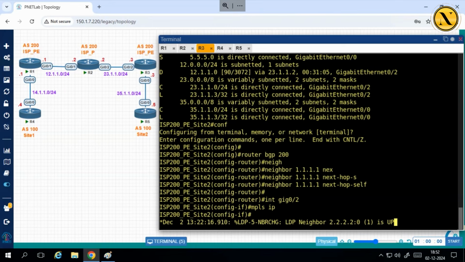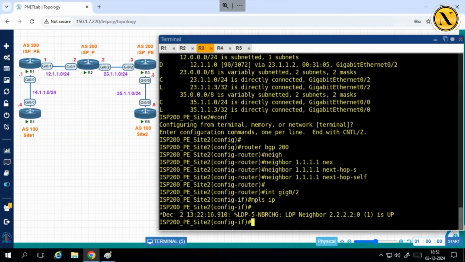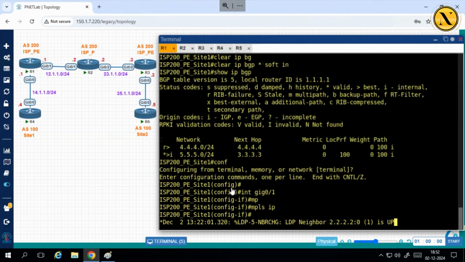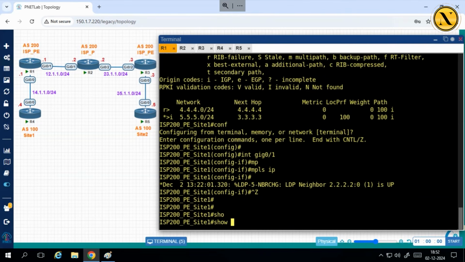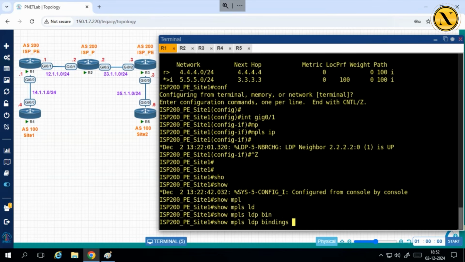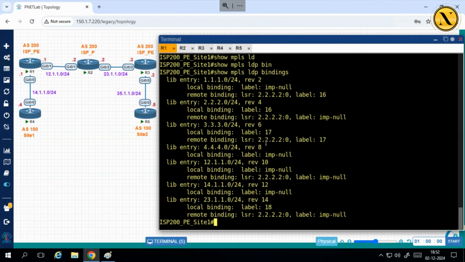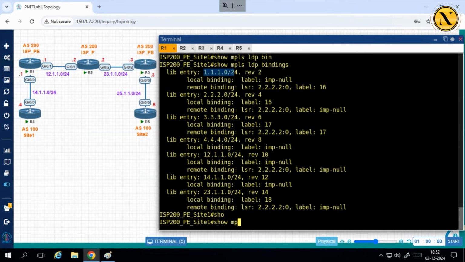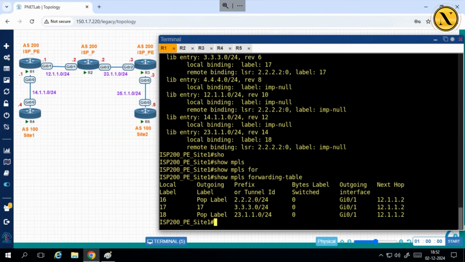We have this LDP, MPLS label distribution, tag distribution protocol, which is used to exchange the MPLS label information. You can see the neighborship is up for MPLS, and there are many verification commands, show MPLS LDP binding is there, right? You can check that. Okay, as I told you, with every layer 3 prefix, it is generating a number. So a handy command will be show MPLS forwarding table. So you can see